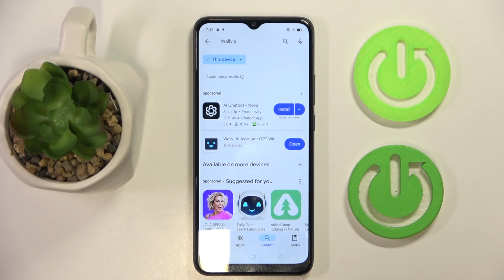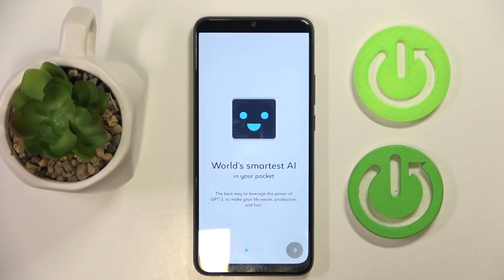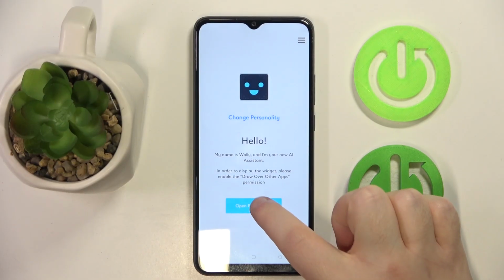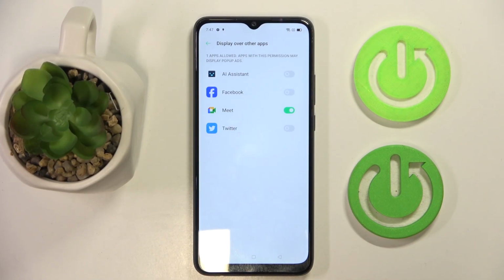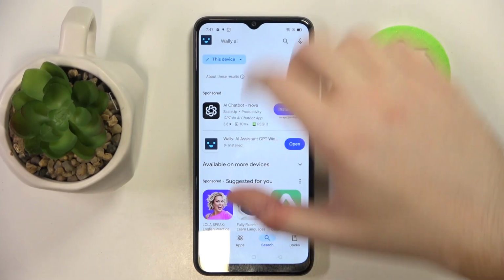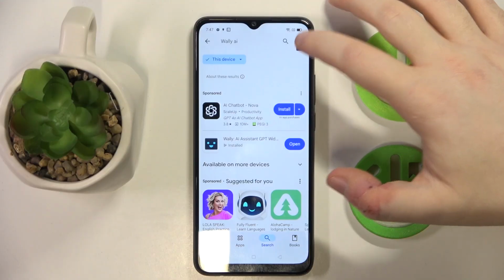Now click open. And here you can click on this button to skip introduction. Now click not now and open permissions. Then select AI Assistant to allow this app to display over other apps, and you can go back and click start. And as you can see right here there is my ChatGPT widget, and I can open him and I